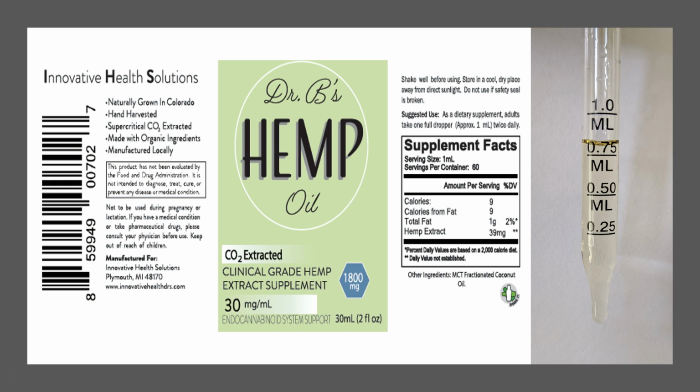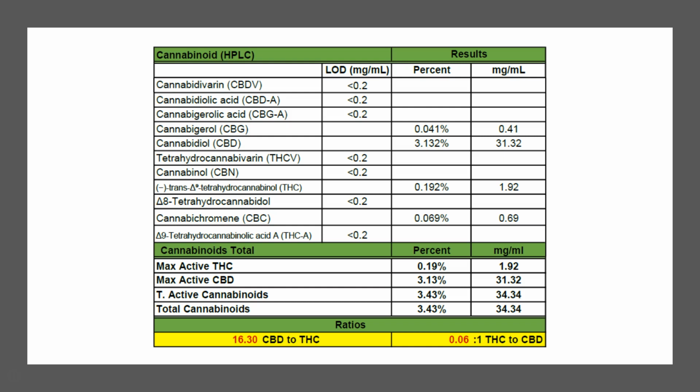That's what I've been doing for the fourth quarter of 2018. And so far, we've had great feedback. And one of the things I mentioned earlier was third-party testing. So the old adage, you show me mine, I'll show you yours. And I challenge any other maker of hemp oil to throw down a third-party assay. So once I received our first batch, I sent it to the lab, paid some money, and they were able to analyze it. So they literally opened the bottle, took some of the oil out, analyzed it,